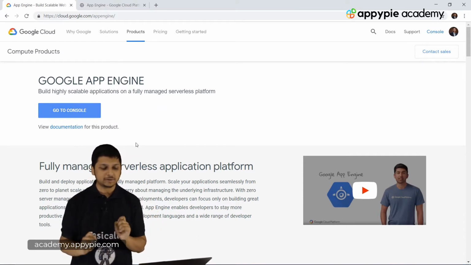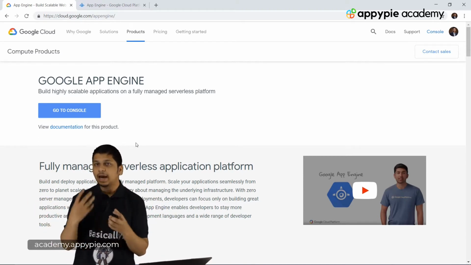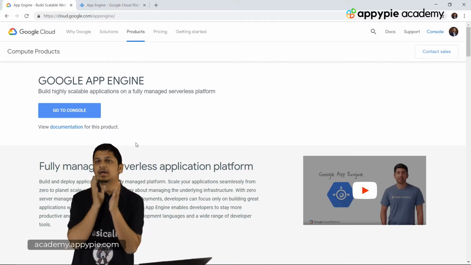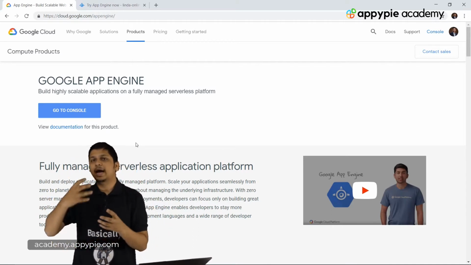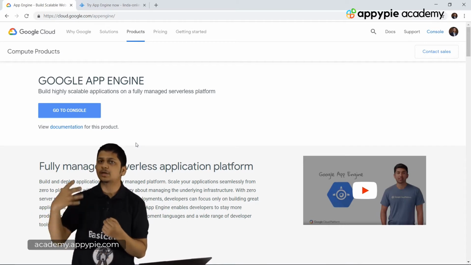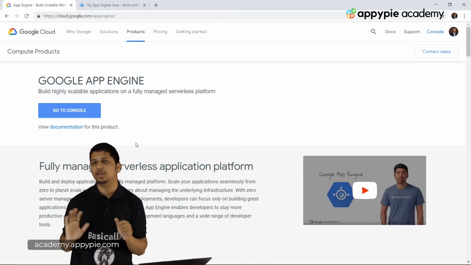Okay, so first of all, it is a fully managed serverless application platform, and this essentially means that you can have all of your code at one particular place, and then you can deploy the code, and it is managed completely by the people who are maintaining App Engine.